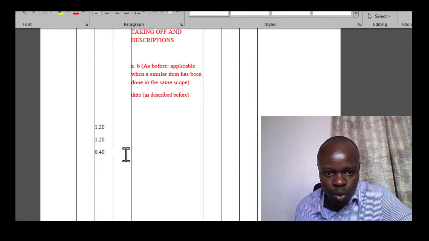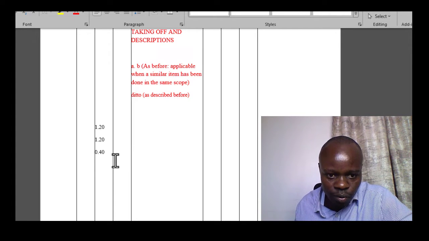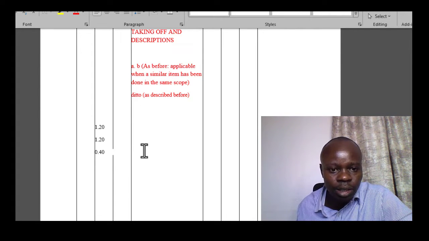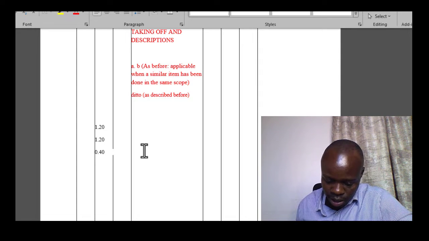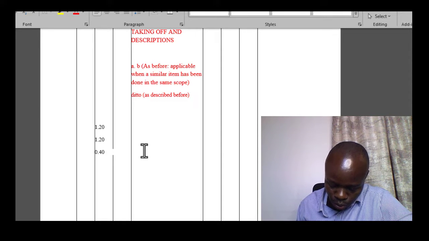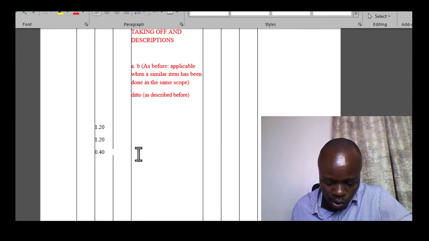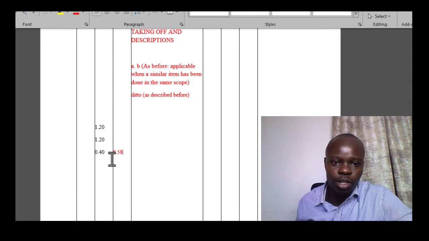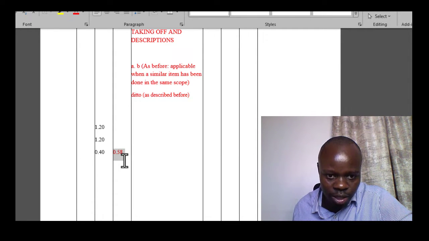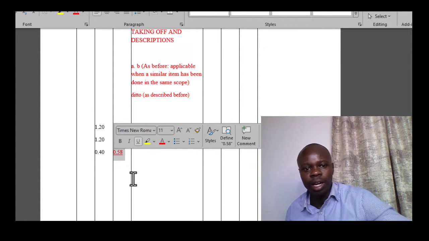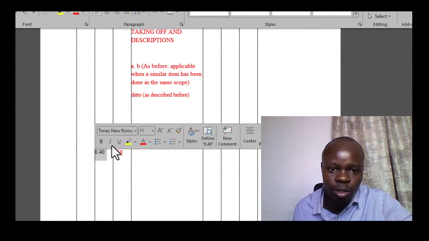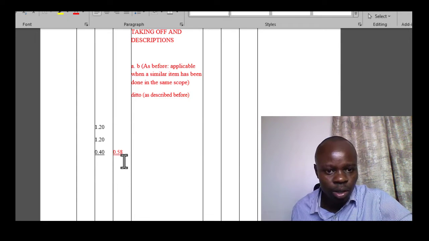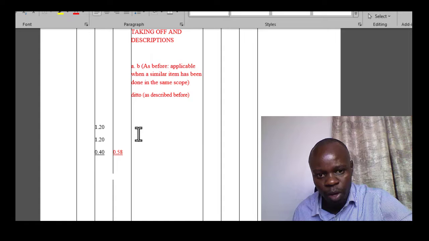So once you have these, of course, you'll have your calculations in terms of the volume that is there. Let's just calculate that: 1.2 times 1.2 times 0.4. So that comes to around 0.58. Okay, so once you have your 0.58, of course you will underline, as we had learned in our previous session. You do that. So once you have that, you've done what you call the squaring. Then you give your description: